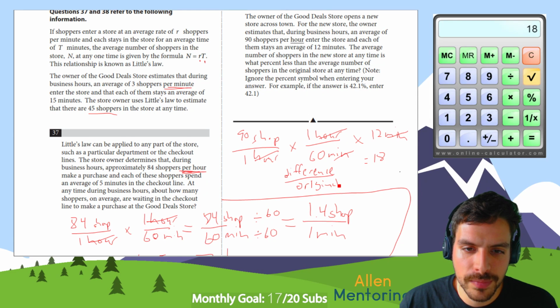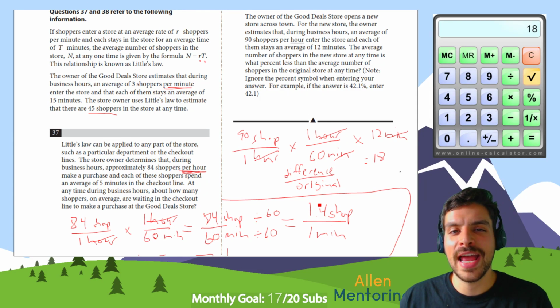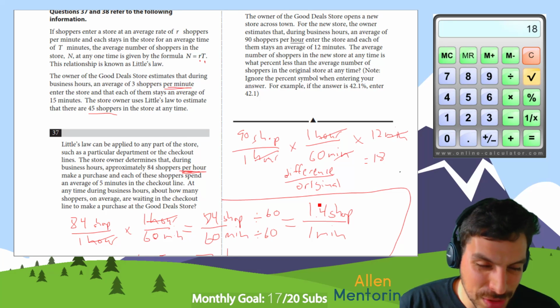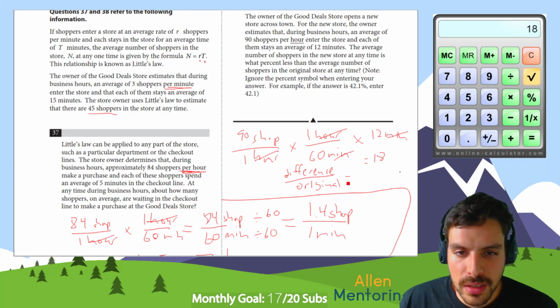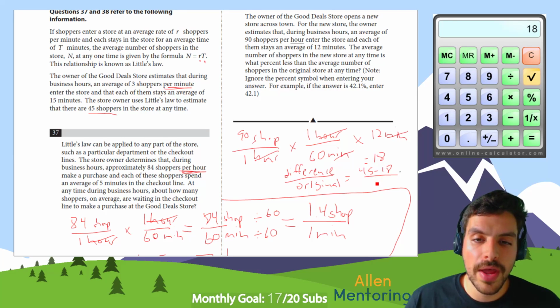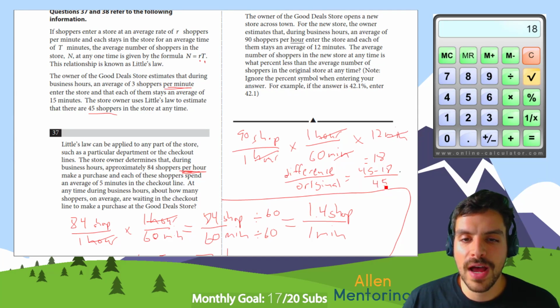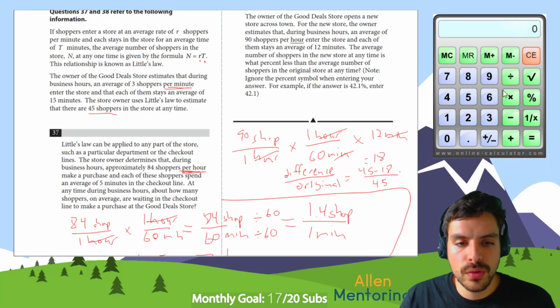If you're going up or going down, just think about what the original value was, and that's what you divide by. So in our case, we're doing 45 minus 18, the difference, over the original, which was 45. 45 minus 18 is 27, and we divide that by 45, and we get